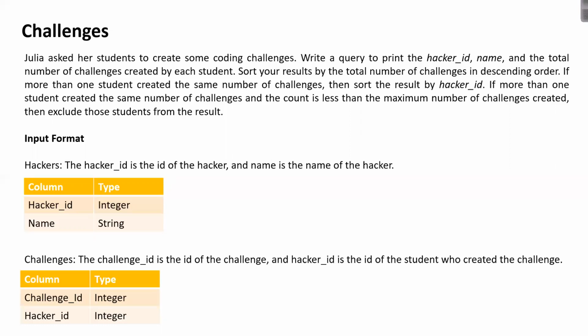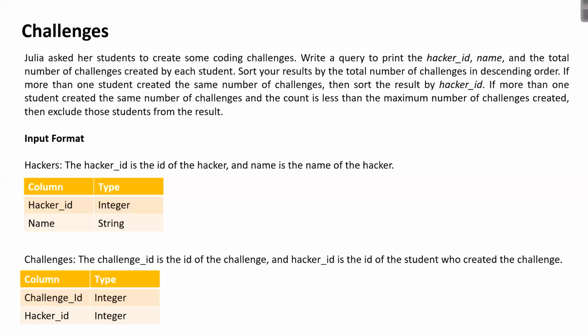I am going to exclude those values where the challenges are an equal number for the students, like 5 created by Aishwarya, 5 created by Priyanka, 5 created by Rakshit, but those are duplicates, right? More than one student. And also these fives are less than the highest number of challenges, that is 10. So it will be excluded.